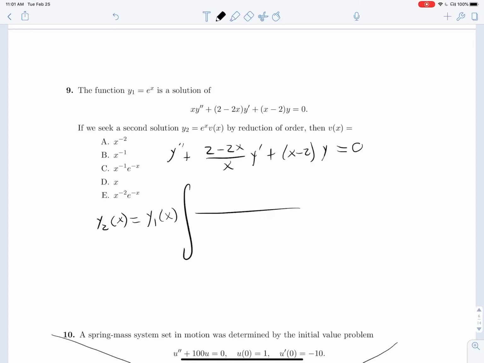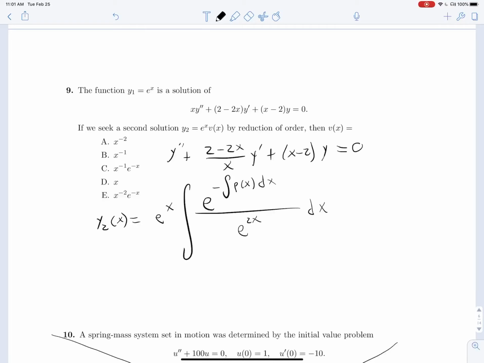Times the integral. We need a really big integral because we have e to the negative integral of p of x, where p of x is the term on y prime. P of x dx, all divided by y1 of x squared dx. Okay, so it's pretty big, but it's actually a big time saver in the end. So this y1 here and here is going to be our first solution, which we know to be e to the x. So I'll replace it. e to the x,